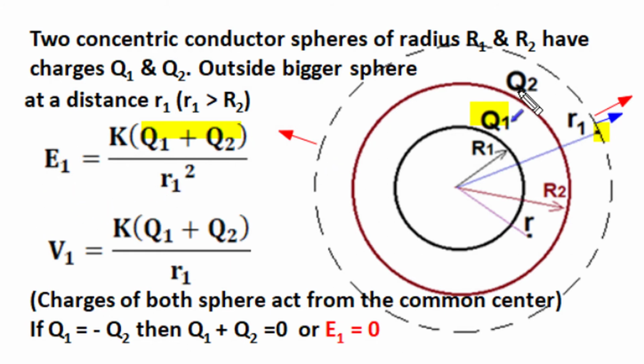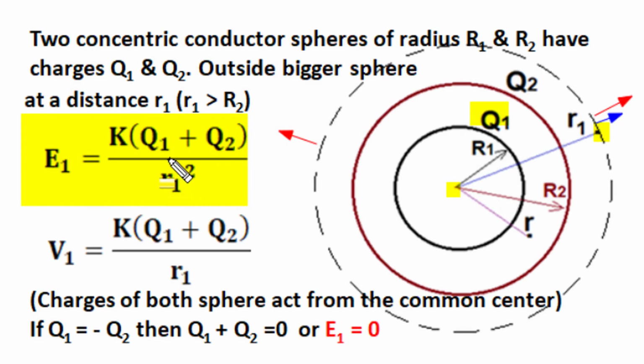And if we equate the total flux as the product of electric field intensity and spherical surface area to the sum of charges divided by permittivity of the medium and rearrange things, then we will find that the electric field is equal to K (Q1 plus Q2) upon R1 square, where K is 1 upon 4 pi epsilon 0, or 9 into 10 to the power 9. This relation clearly indicates that for these external positions, both charged spheres act like a point charge acting from their common center, and the sum of two charges Q1 and Q2 acting from this center will produce the electric field shown by this yellow highlight at R1 distance from the center.